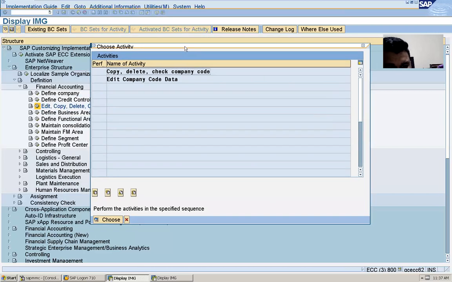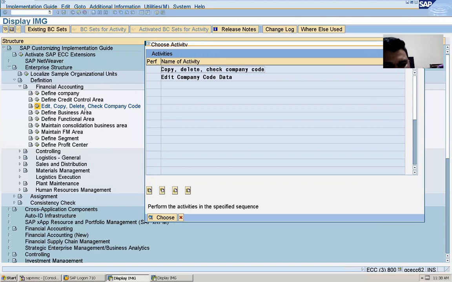The path is the same as in the previous step 1, right? So just write down, click on edit, copy, delete, check company code.